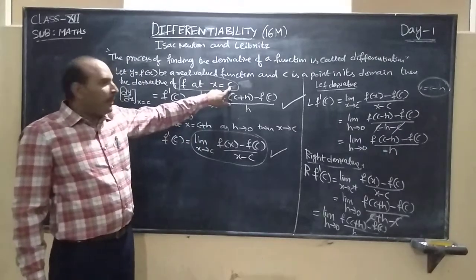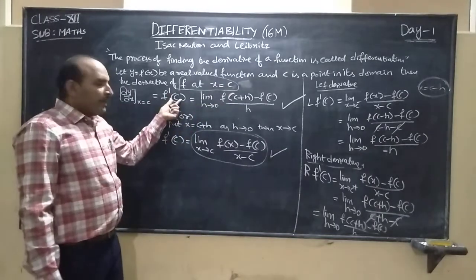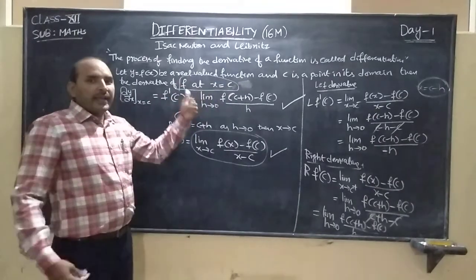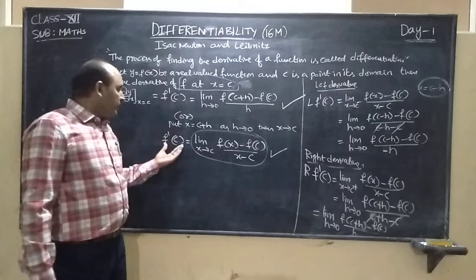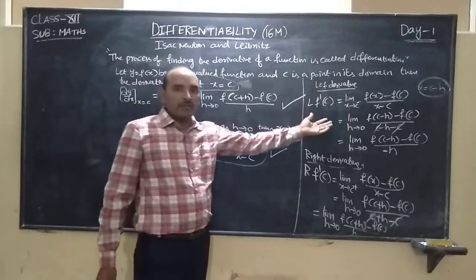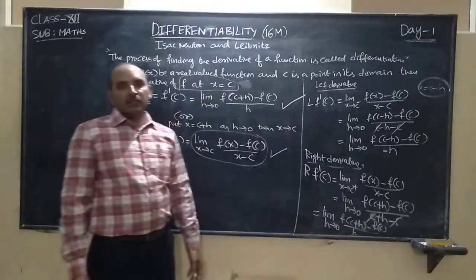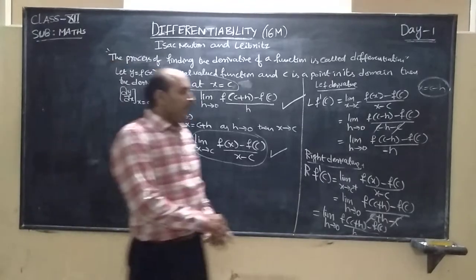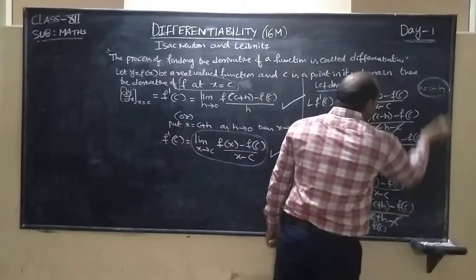Remember, here I am taking x is equal to c. In place of c, you can take a also. Because x is equal to c, you can take x equal to a, f dash of a. Instead of c, you can write a also, because it is also one of the points. So now,